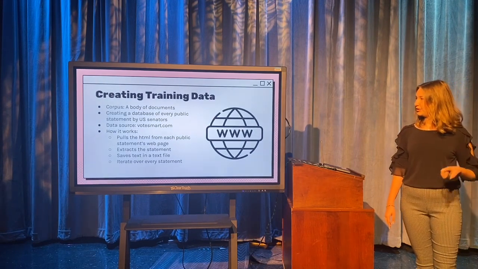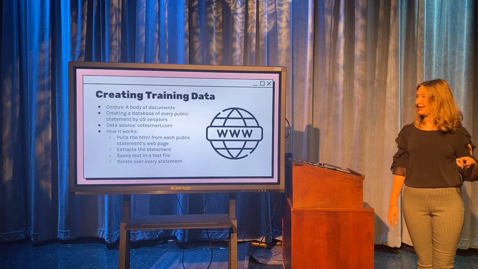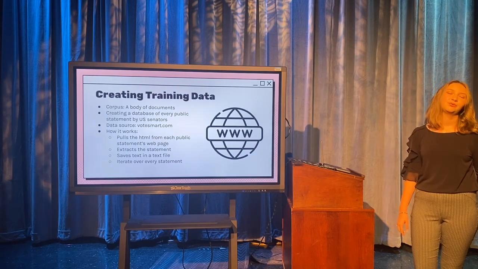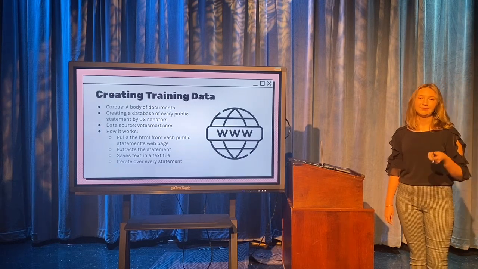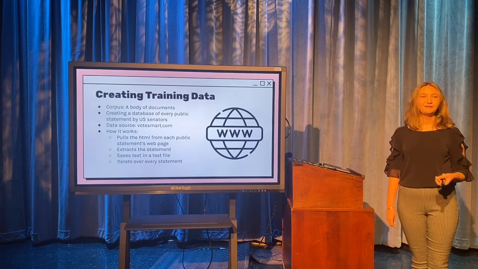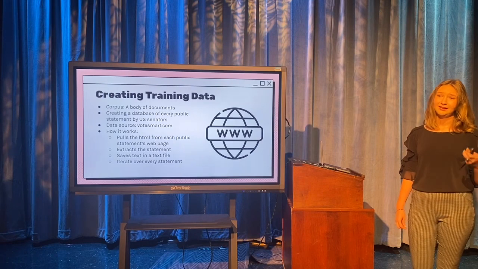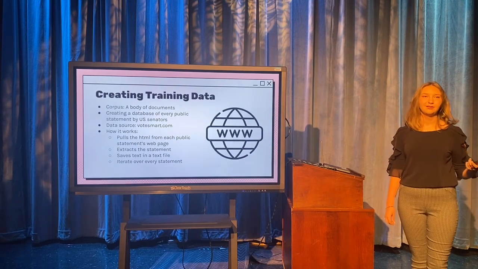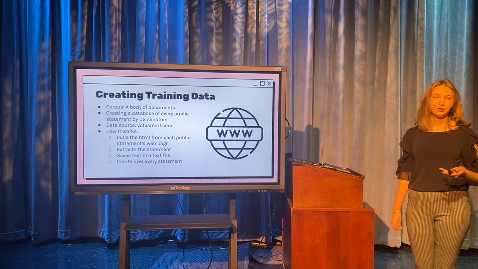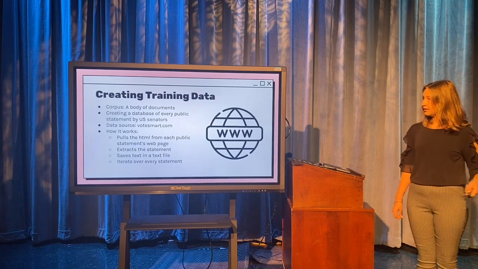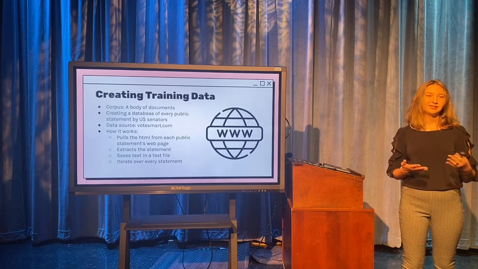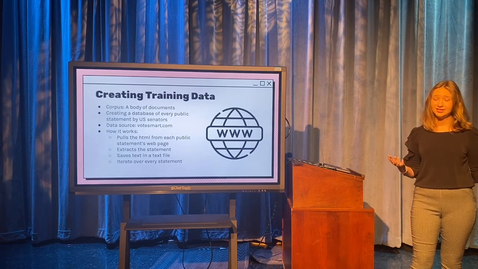So what I chose to do as my training data set was every public statement made by US senators from January 2020 to November 2022. That is a giant corpus. It is basically 50,000 documents by the time I was done, but that is what that article that I was talking about earlier used, and I thought it was reliable enough and had prior precedent that I could go back and use it. So I pulled it from votesmart.com, which basically catalogs every public statement made by US politicians,